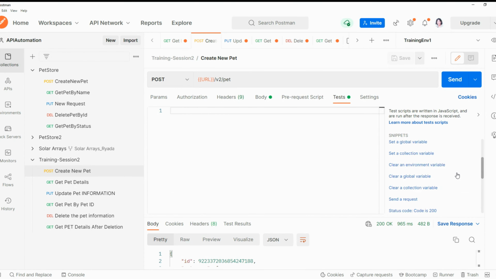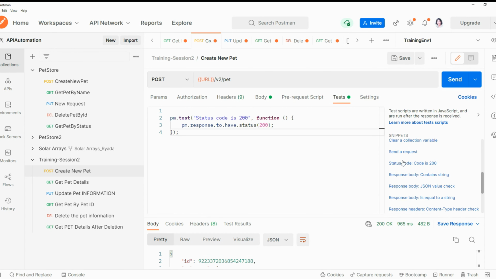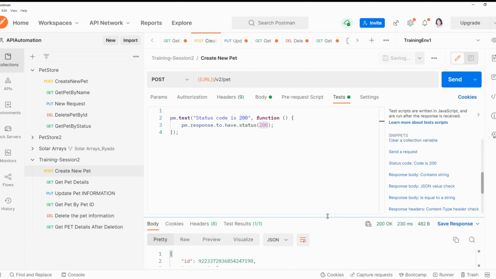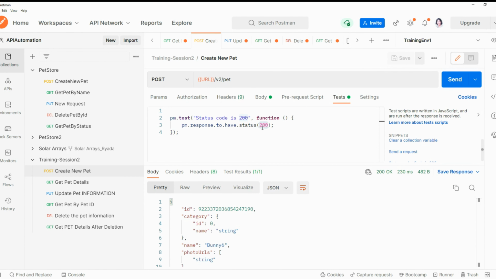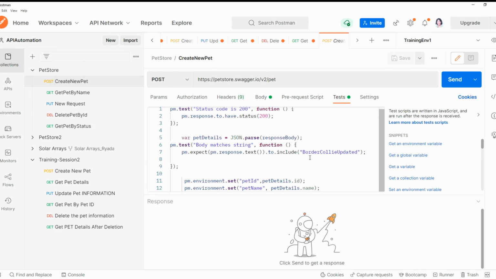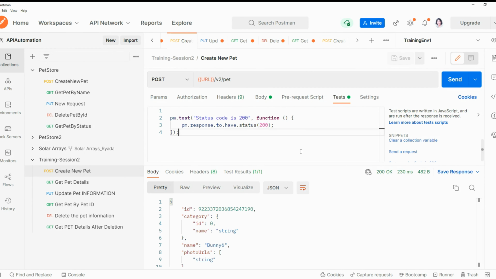So you need to look at which script you can use. Status code 200, this is the script you can use because it's sending a 200 response code. You can just add one small assertion here. The other thing, going back to the quick one, what we need to do, I'll just reuse existing steps which